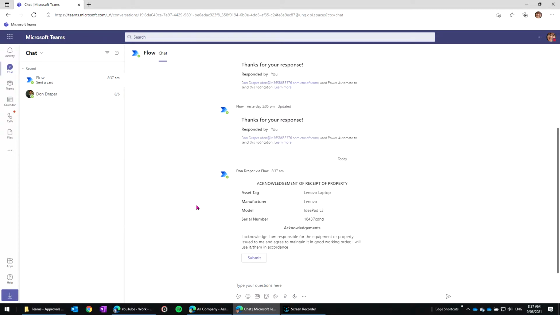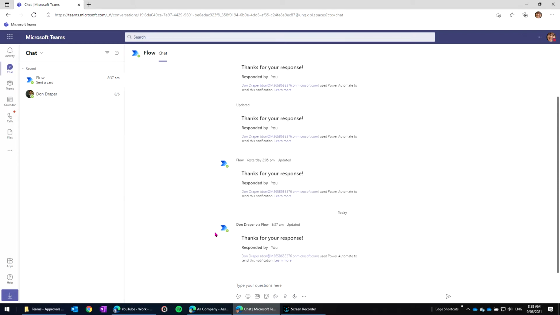and you can see here Megan just then got an acknowledgement receipt, and in that information I've created an adaptive card. This adaptive card, as they call it, has information that comes from that list. So obviously it has the asset information, the model, serial number. I put an acknowledgement in here to acknowledge that she's accepting this, and when she's happy with all that, she can just submit that acknowledge. Just click on that button, and then that turns into a thank you for your response, which has happened before. Let's switch back to the list now,